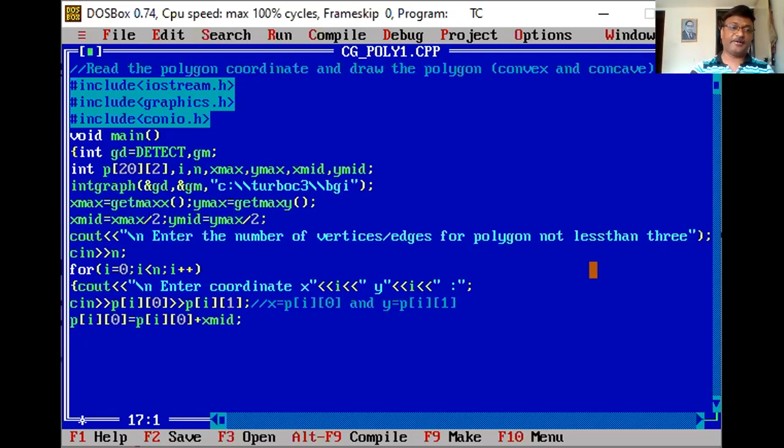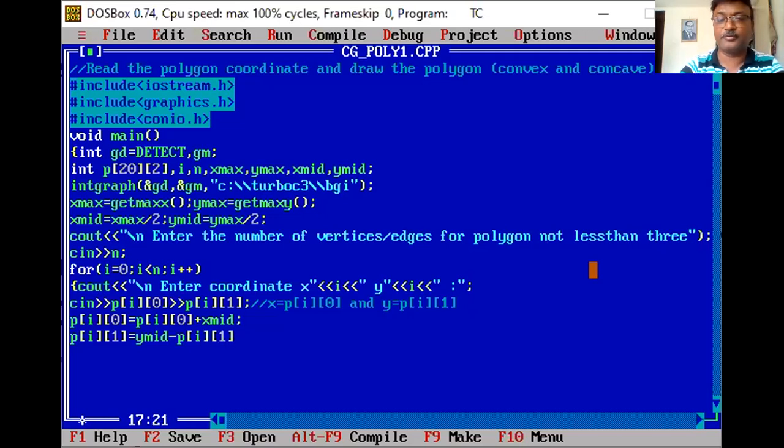So I have to add the x coordinate to xmid. And for the y coordinate, P[i][1], I have to subtract it from ymid: ymid minus P[i][1].